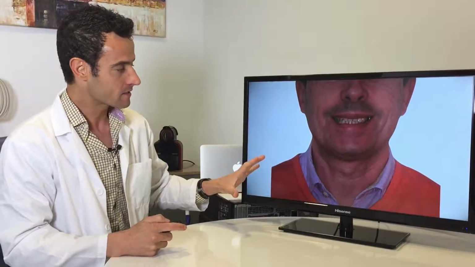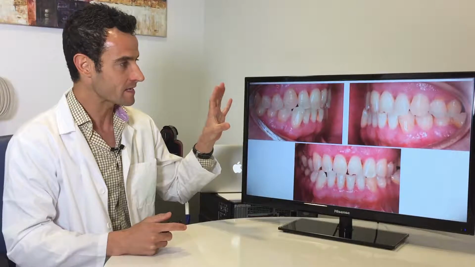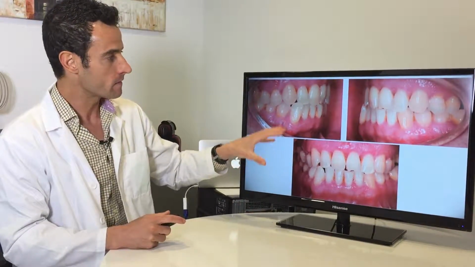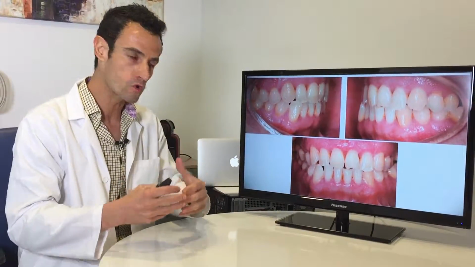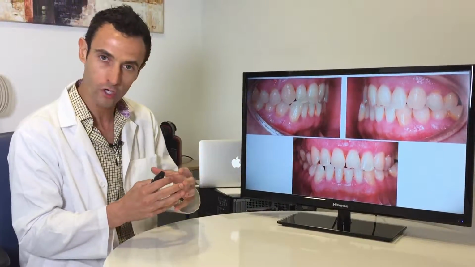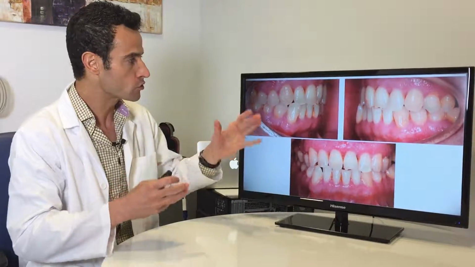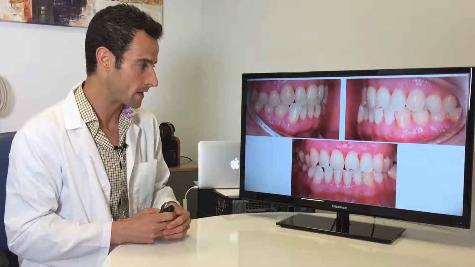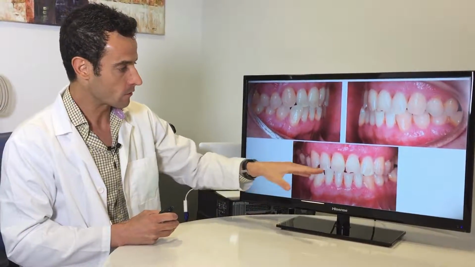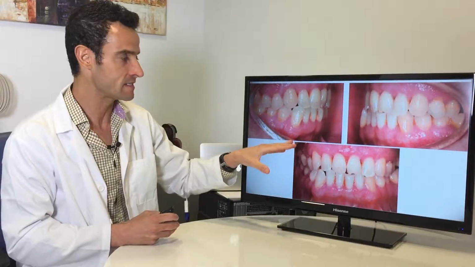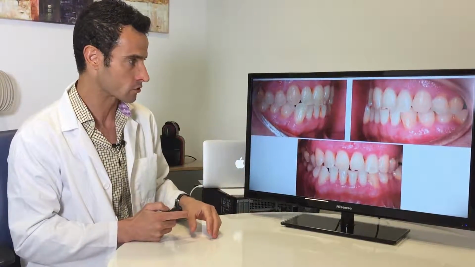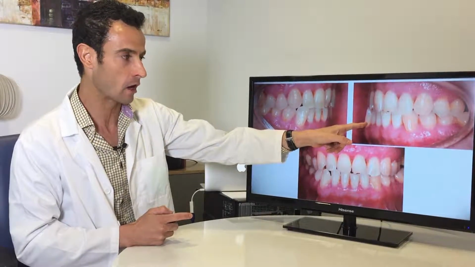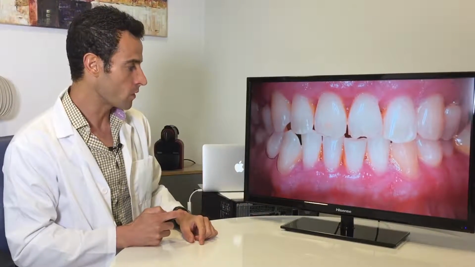Okay, let's see this case where we can see the situation at the beginning of the treatment. You can see here that we have a big problem in the occlusion with this edge-to-edge occlusion, and that has produced in my patient these problems in the shape and a big erosion of the incisal edge on upper and lower incisors. Look also at the position of this canine that is completely out of the bone, and also we have to analyze